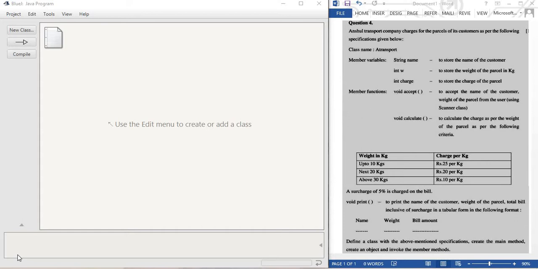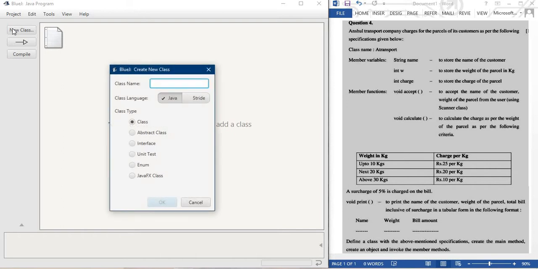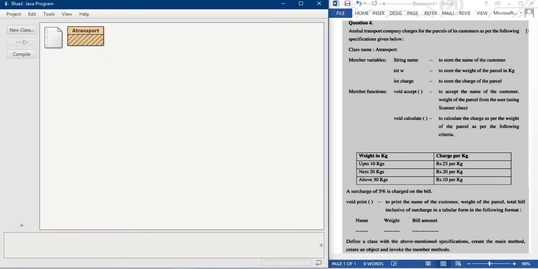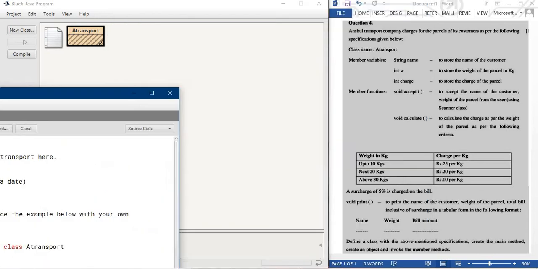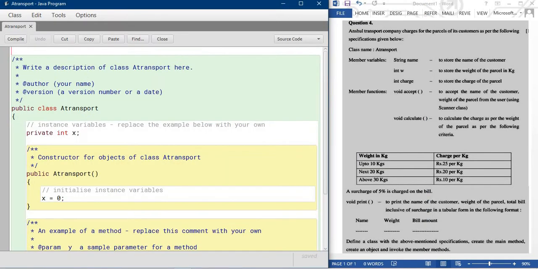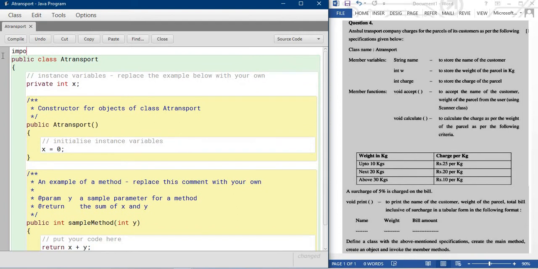First I'm writing a class according to the question. Creating a class whose class name is Transport, with a capital T. Now the Transport class is created. Open the program.